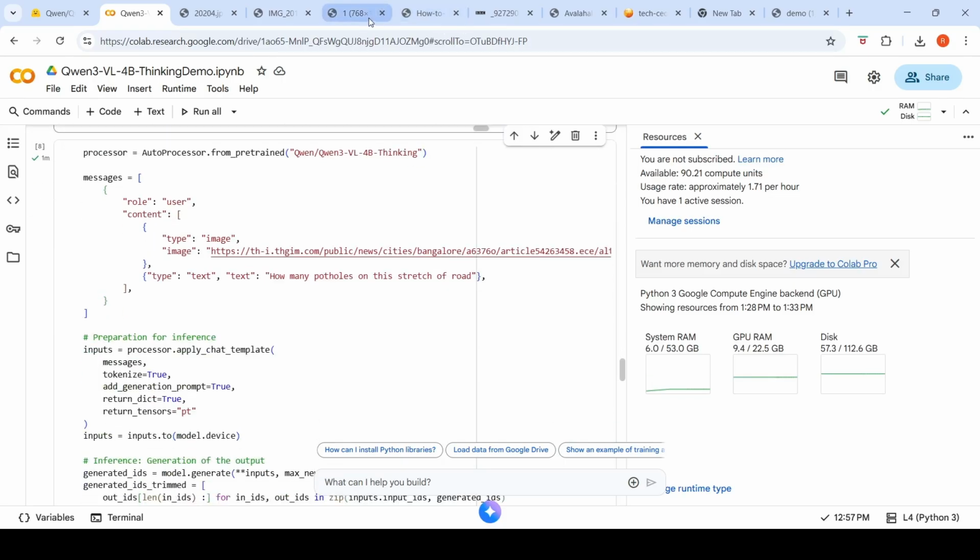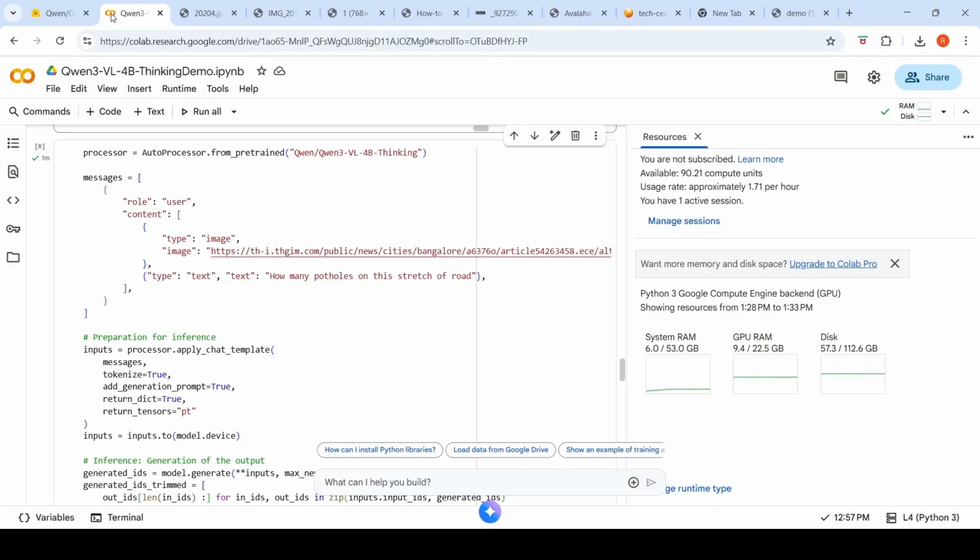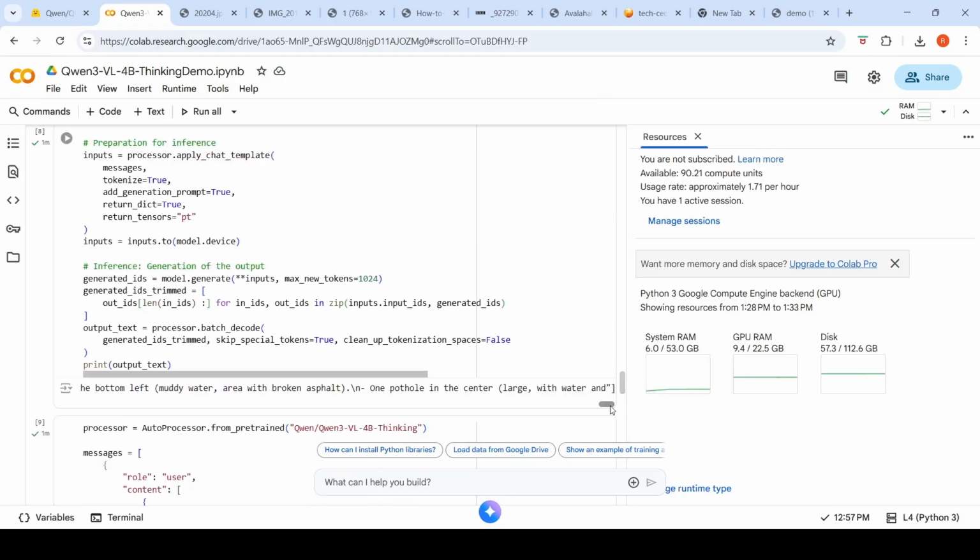Then I gave this image of potholes. Where are potholes? Okay. Yeah. I gave this image of potholes and I said that's a road in Bengaluru. So I said, how many potholes are there on this stretch of road? Here it says, what is the definition of a pothole? So first I need to identify what is considered a pothole. Potholes are usually deep, uneven depressions in the road, often filled with water. Let's look at the image, and then it finally says that in this image, you have one pothole in the